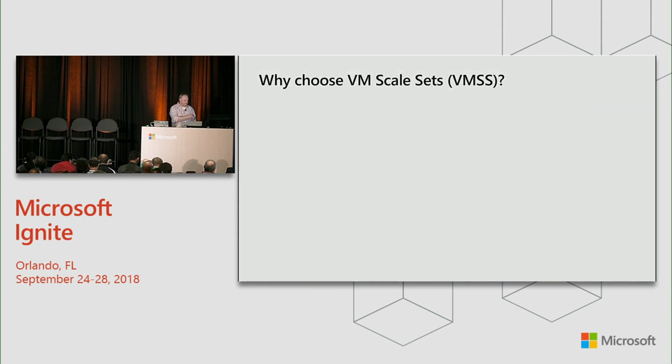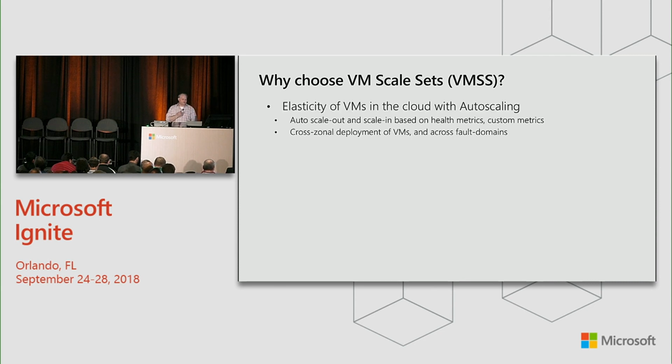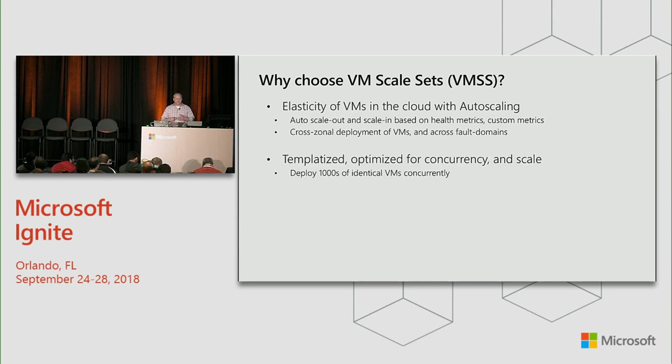Now, why would you want to do a VM scale set? Elasticity is built in. You can integrate that with a load balancer. The load balancer will automatically scale those VMs, scale them across zones if you opt in for that configuration. It's very easy. The way the load balancer works and the way the scale set works is you have a template that defines what the VM is to look like. It includes its size, its disk configuration, but you can also use things we call extensions,